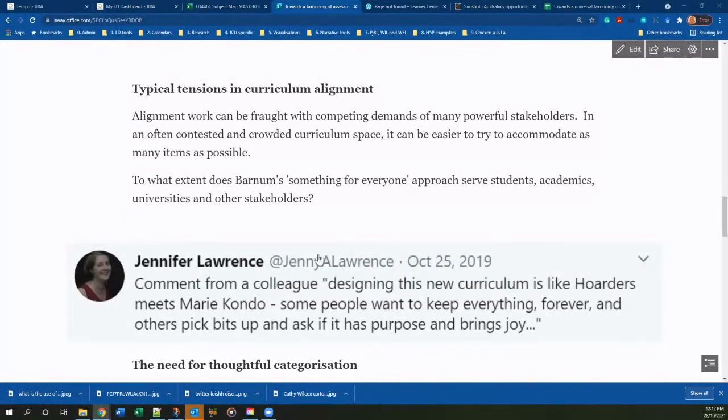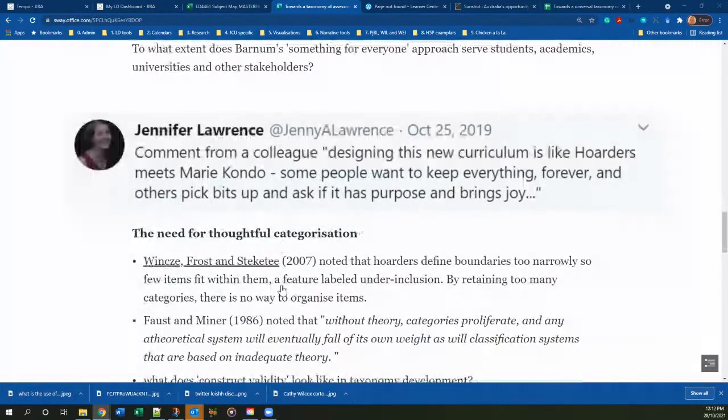So that brings me to a tweet that I screen grabbed because it resonated with me. And that's about a tension between hoarding and Marie Kondo. So how do we reconcile these? What is there to learn from hoarding versus Marie Kondo? Can we come to a clean, elegant, simple categorization that may work for us? Now, that might seem a little bit